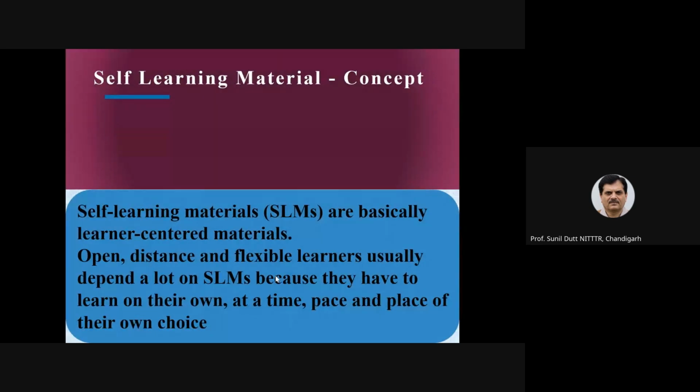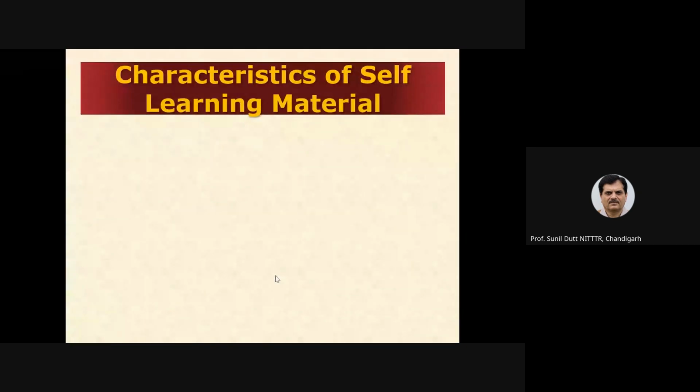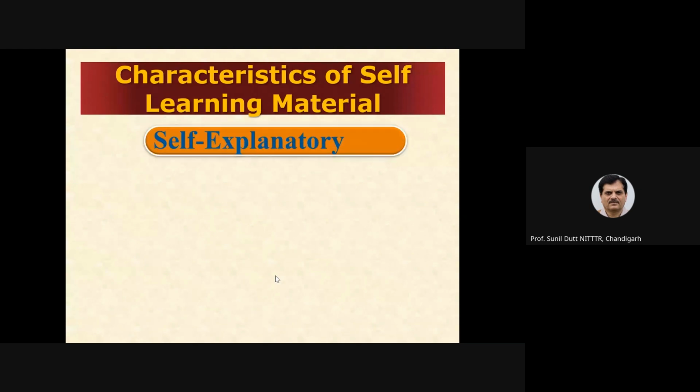And I think open learners, distant or flexible learners depend a lot on self-learning material because they have to learn at their own time, at their own place, and at their own pace. Now there are five important characteristics of a good self-learning material. Firstly, self-explanatory. Self-learning materials are developed in such a manner